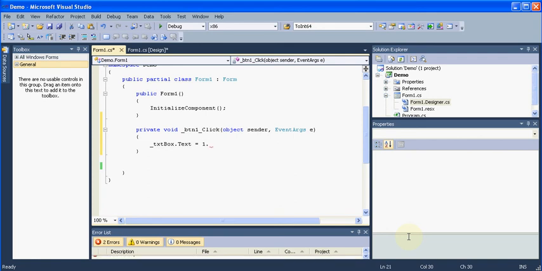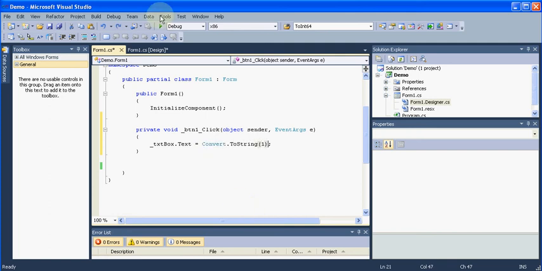IntelliSense works fine sometimes but sometimes it doesn't pop up, so it gives pain. Now this S will be capital. These are the two ways with which you can do that, but we'll be going with the first way, that is convert to string.